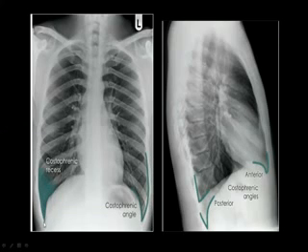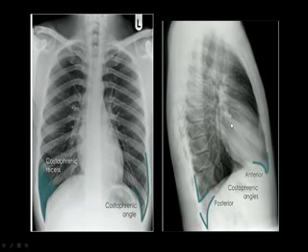It must be very sharp, and normally you should see only air density, only lucency, up to this point. If fluid is there, it may become more dense. Usually some lung markings must also be seen up to this area. If not, in a massive pneumothorax, this may be very lucent. So the costophrenic angle must be seen. This is the cardiophrenic angle, likewise here. Phrenic means diaphragm, costal means rib, cardio means heart. This is the cardiophrenic angle on either side, and these are the costophrenic angles.